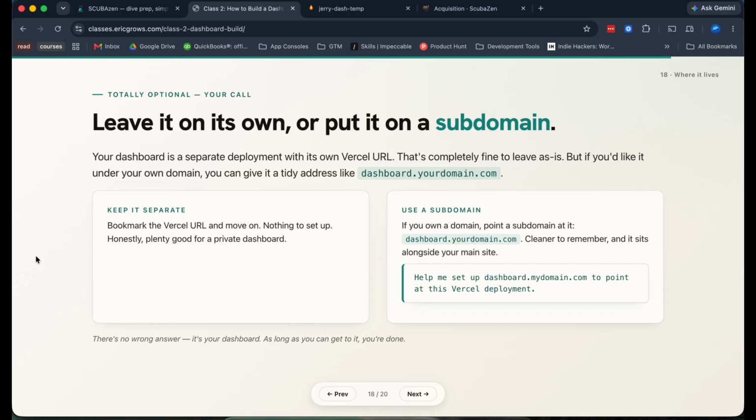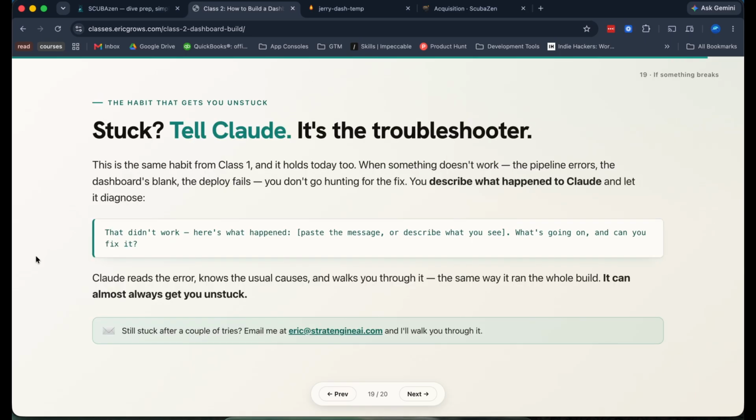It's easy to do; Vercel handles it pretty easily. Completely optional, but I just wanted to highlight it. And as always, if you're stuck on a certain area or you don't know what to do, Claude can help you get unstuck. So it's always worth asking and troubleshooting with Claude.